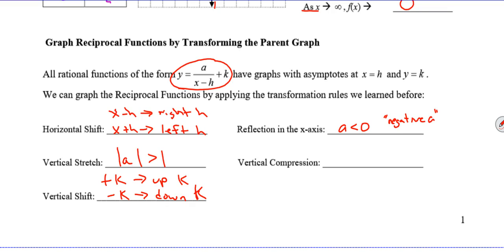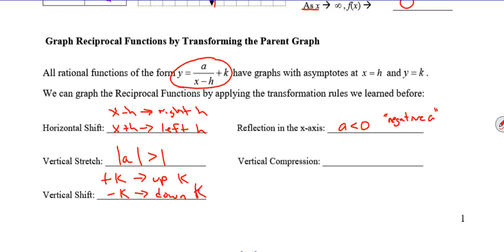And then vertical compression: the absolute value of a, actually we should give it a little more space, because 0 is less than the absolute value of a, which is less than 1, right? So when the absolute value is between 0 and 1, then it's a compression. And we talk about the absolute value because if it was a negative number, that would just be a reflection, right? So focus on the number, not its sign, when we talk about vertical stretches and compressions. And that should all be pretty familiar. So let's just look at some examples on the next page